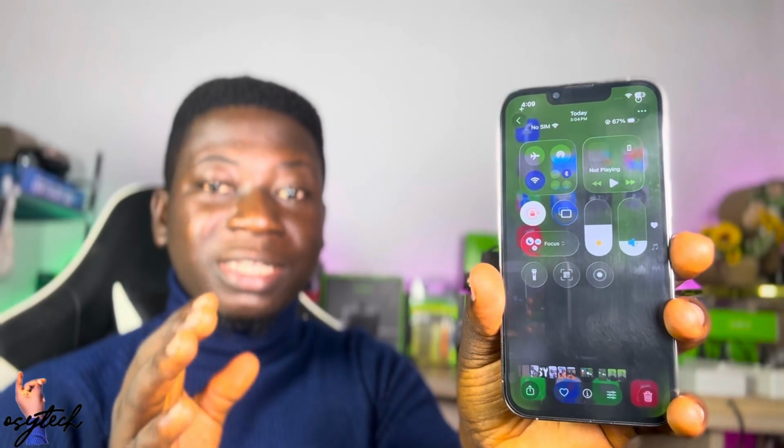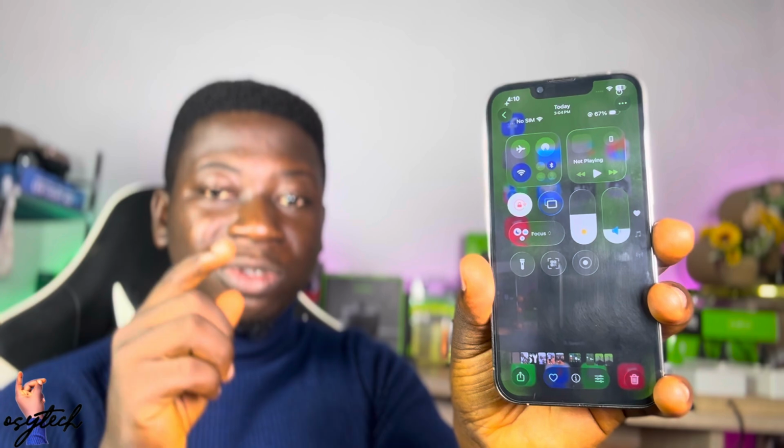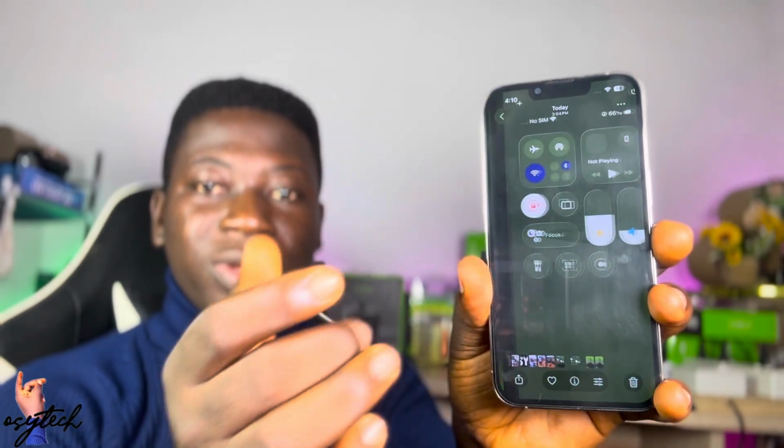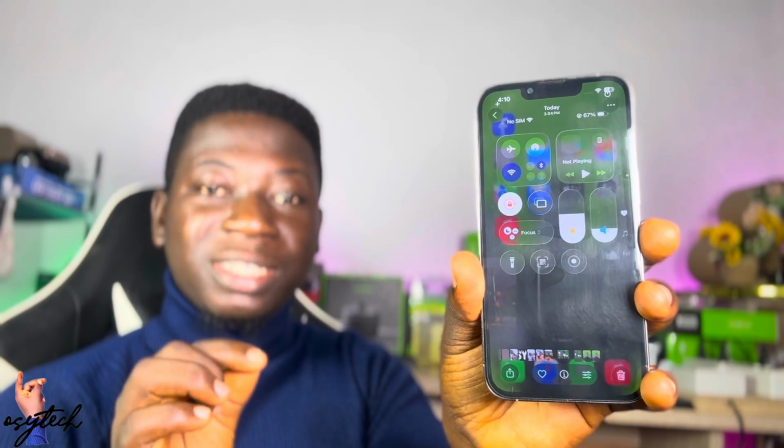This is how transparent the iOS 26 liquid glass is, and we are just going to change it from this to this. So you can see there is a bit of reduced transparency on the iOS. Let me show you how you can do it yourself, but most of you don't know how to